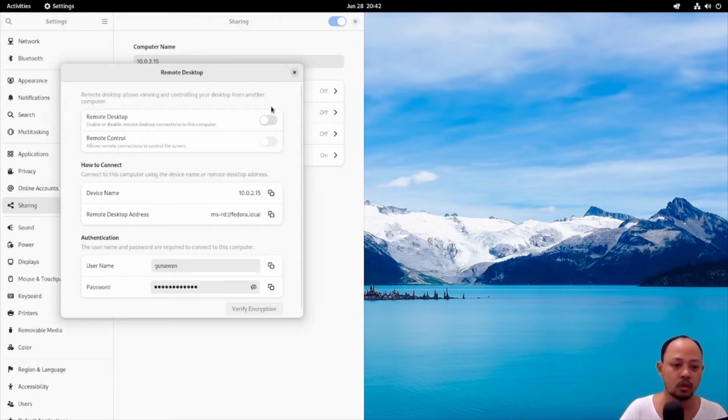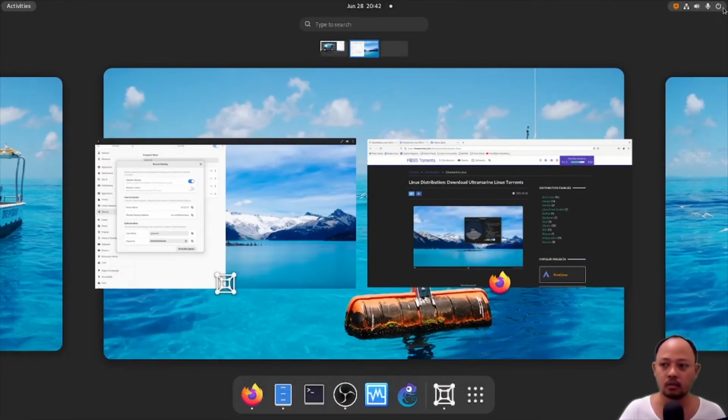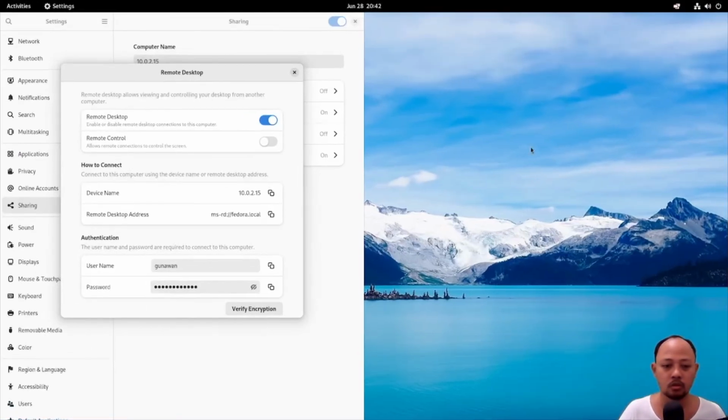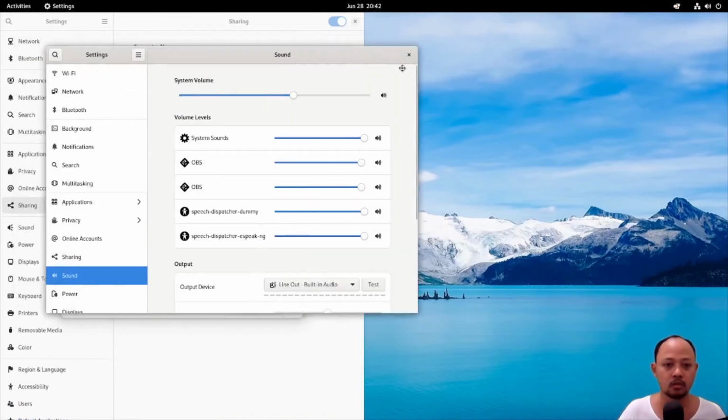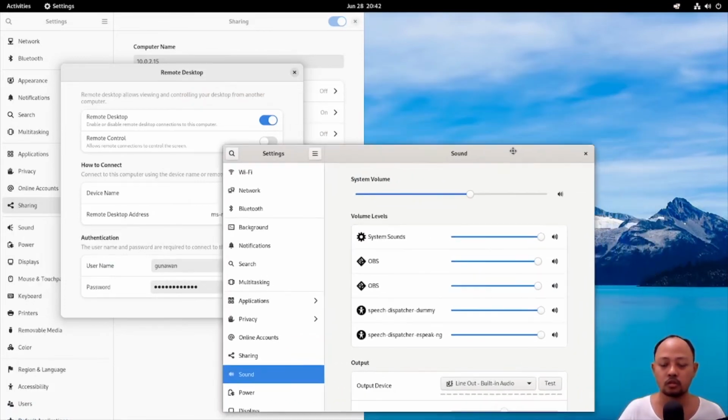So I think it's like Fedora 36. There's a remote desktop option, but if you are using Fedora 35 like me, I will show you it's different. This is the remote desktop.